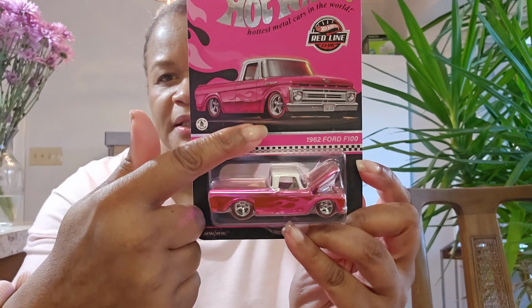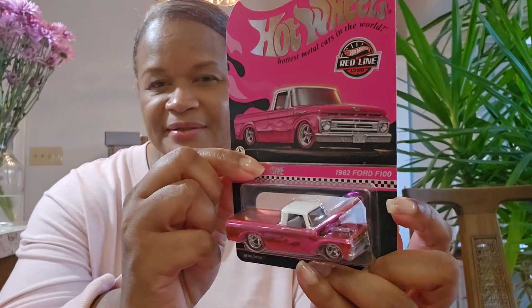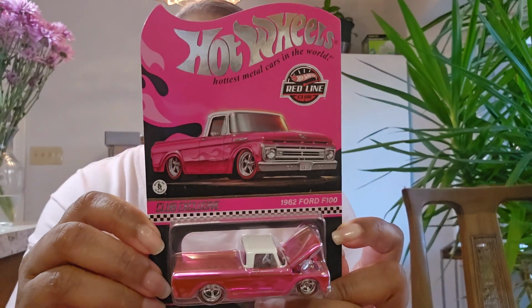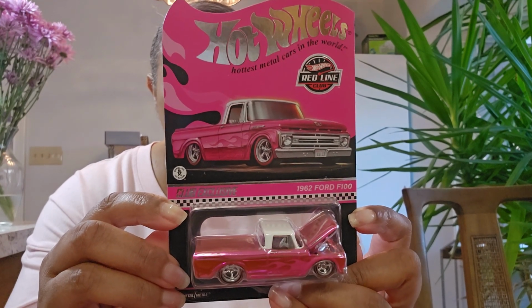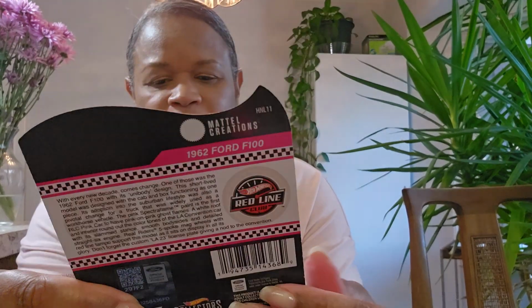Look at the artwork. The artwork usually is good on these premium RLC cars, but I really like that. I just like the way the look and then the graphics here. So anyway, it's got 5-spoke mag wheels with the red line tampo. Where is that? I'm not sure where the...